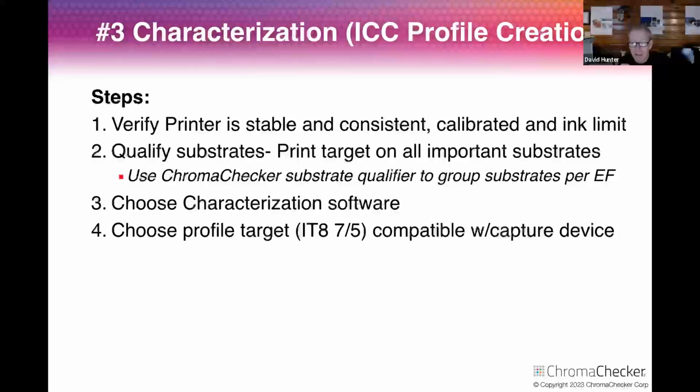But I couldn't read that target I just showed you with my i1 Pro. Now, I could read that target with the right software, with my SpectroScan, with a 2mm aperture. So again, you need to figure out which profile target you're going to use, and it needs to be compatible